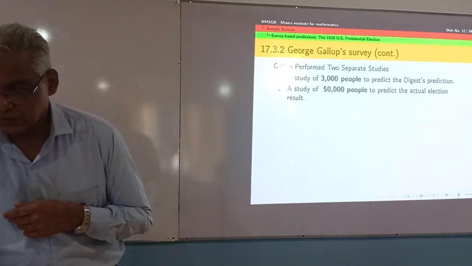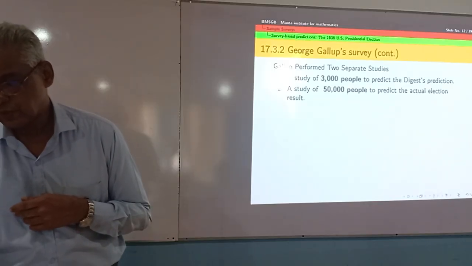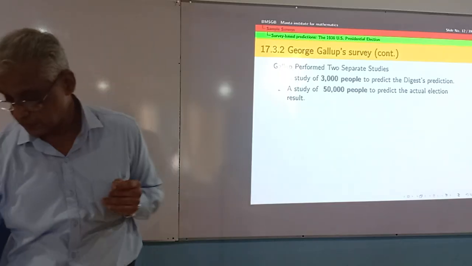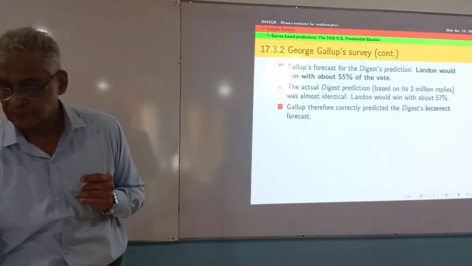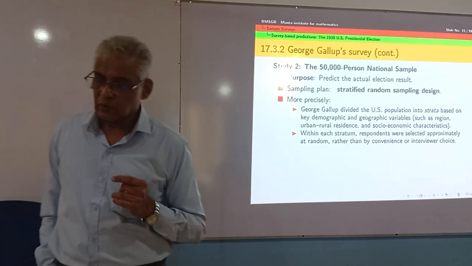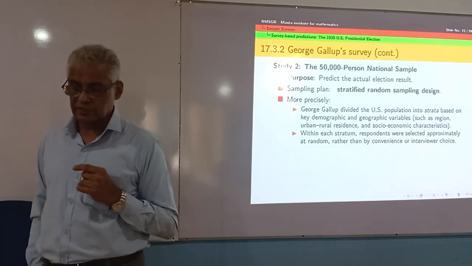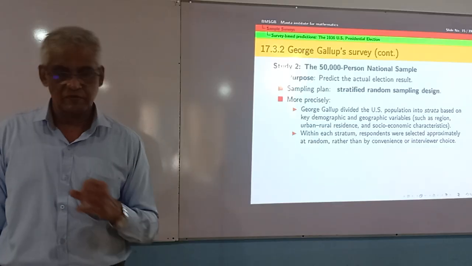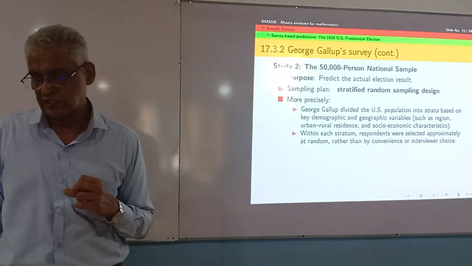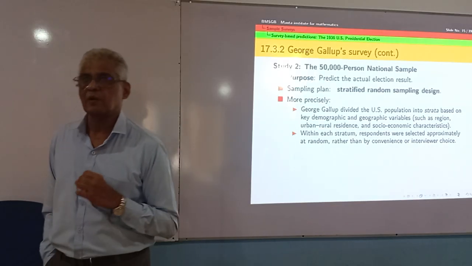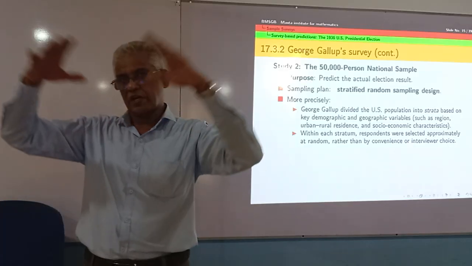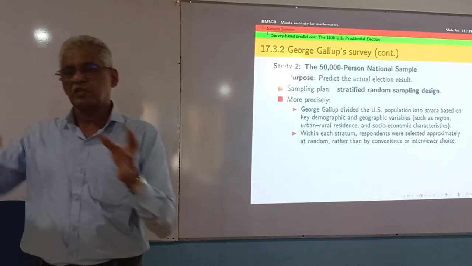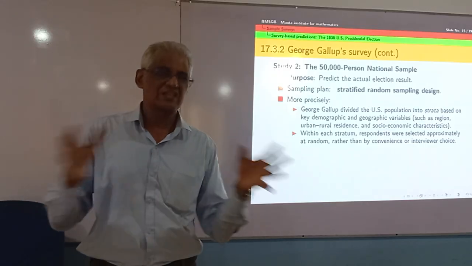If you look at the other one, the 50,000 people prediction, that is to predict the actual outcome of the election. There also he used sampling methods. Actually, he used something called stratified random sampling. We will talk a little bit more about this later. In stratified random sampling, he first of all divided the whole population into different sections, called strata,